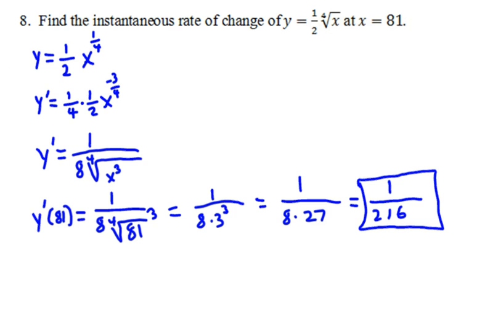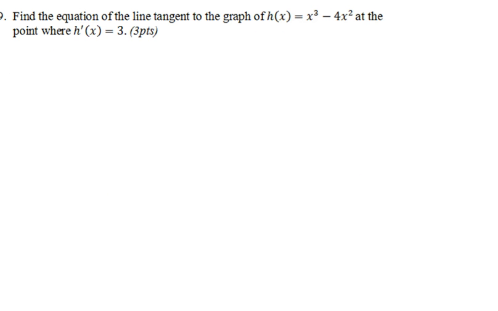Okay, next we go to problem 9. Find the equation of the line tangent to the graph of h of x equals x cubed minus 4x squared at the point where h prime of x equals 3. Now, we're going to find h prime of x. Well, h prime of x